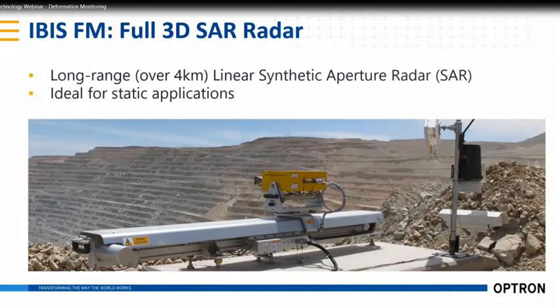Moving on to the FM, this is the original synthetic aperture radar solution from IDS. Here is one just installed outside in its barest system. It is weatherproof. It can handle a mining environment. But when you are installing this adjacent to blasting activity, we do encourage installing them inside enclosures with blast cage